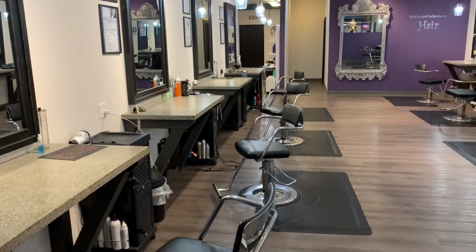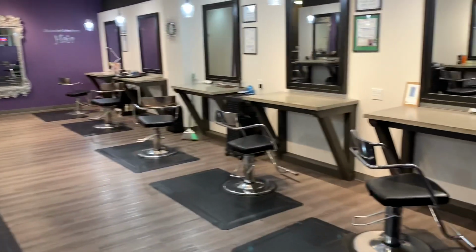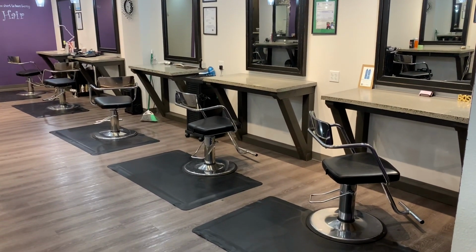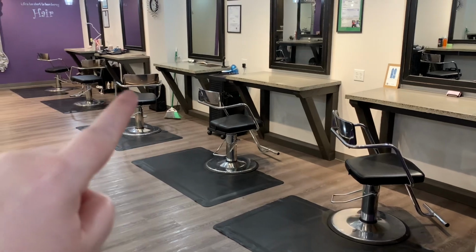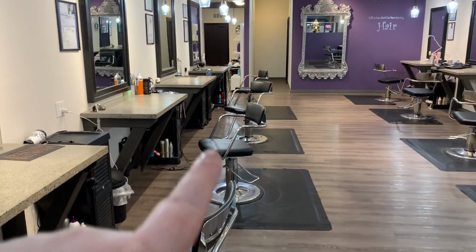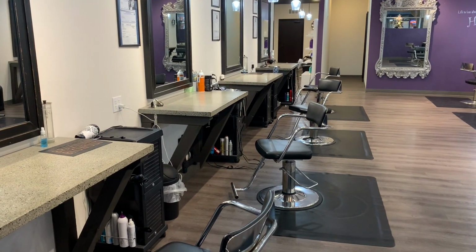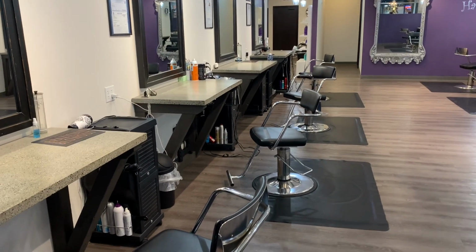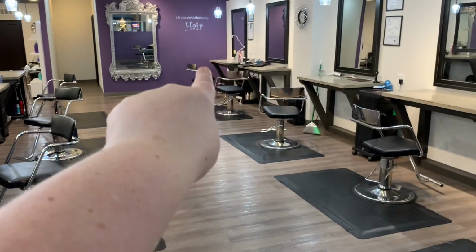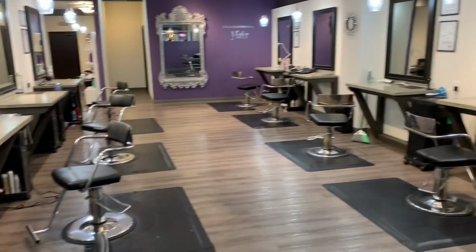So I think we'll probably be able to do like 2 people on this side and then 2 people on this side, because as of right now we have a stylist here, there, and then I'm back there, and then kind of every other on this side also. But now that we're only at 25% capacity, I think we'll only be able to do probably right here at the very end, and then probably me and maybe somebody right there. So yeah,